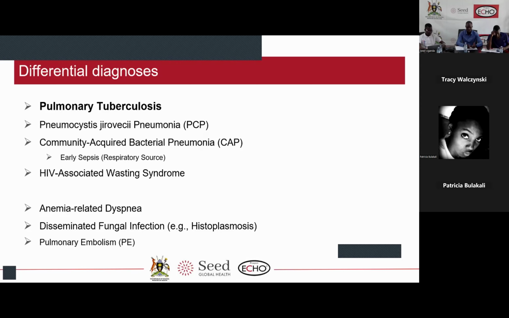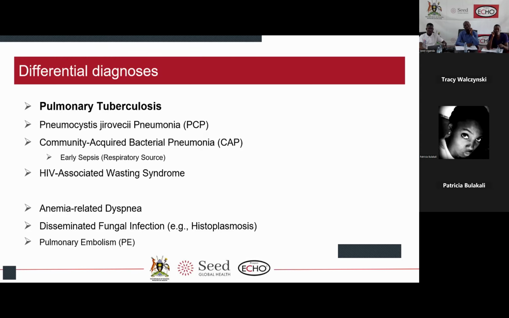On our list, we have pulmonary tuberculosis as the first differential. We thought of pneumocystis jirovecii pneumonia too as an opportunistic infection. A patient who is not adherent to his ART treatment for the last 6 months, immunosuppressed, community-acquired bacterial pneumonia with early signs of sepsis, respiratory being the source, HIV-associated wasting syndrome, weight loss of 5 kg during the last 2 months,